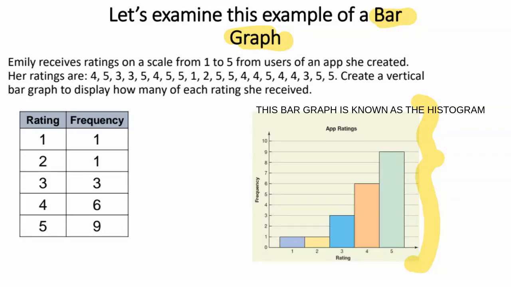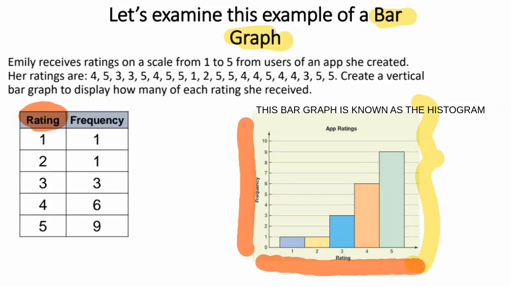Now, the first column in your table, right here, they are going to go along the horizontal. The frequency is going along the vertical. Now, this is something that you may not realize. You have all of these values that they gave you. See all these numbers? These numbers are placed